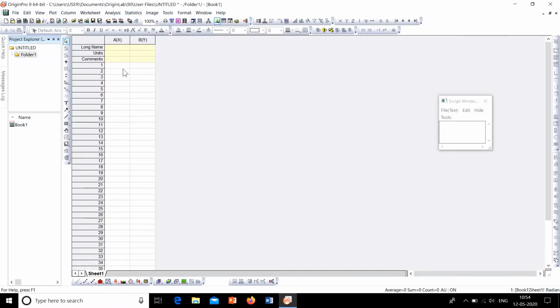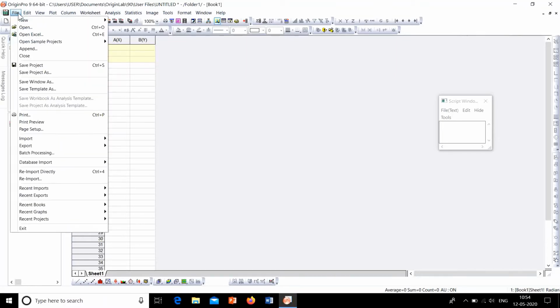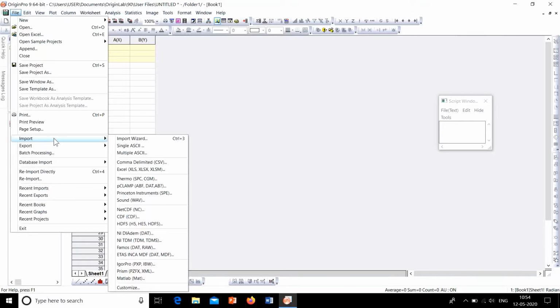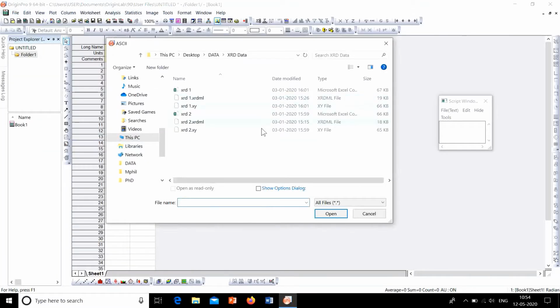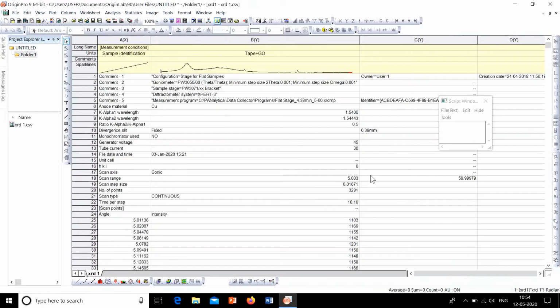So this is the new workbook that we created. Now again go to File, then click on Import, then Single ASCII. If our data is an Excel file, see, this XID1 is an Excel file, you can see here. Now click on Open.